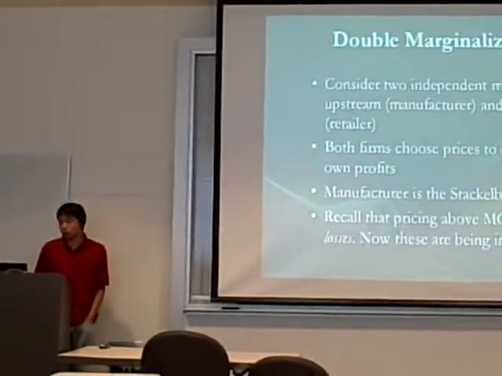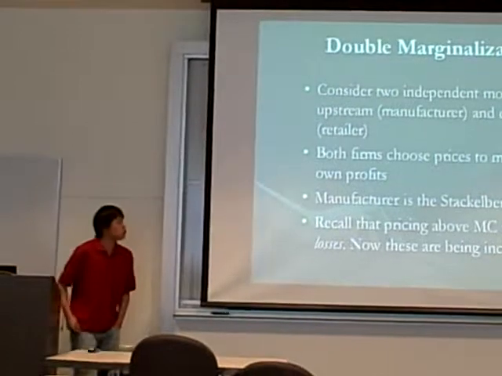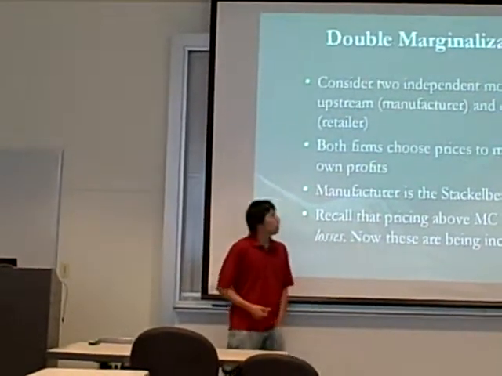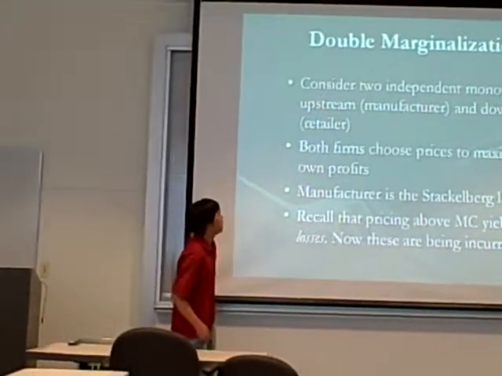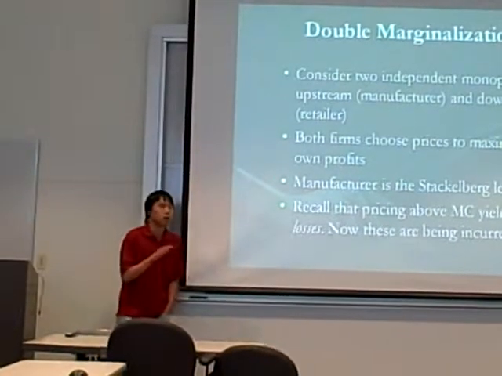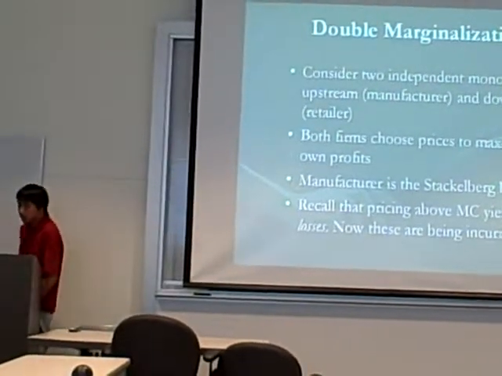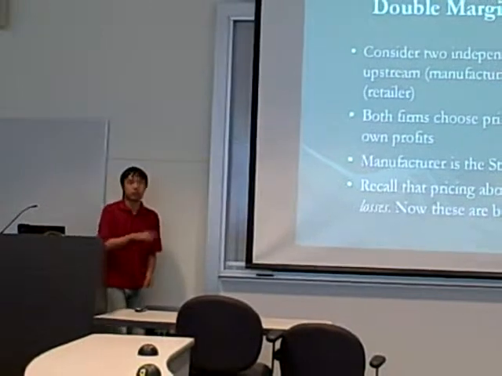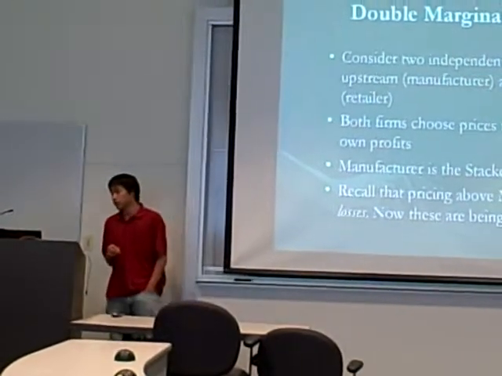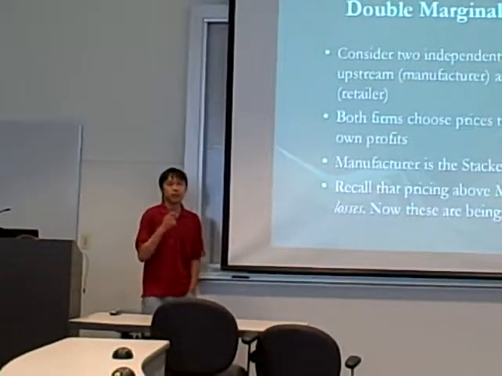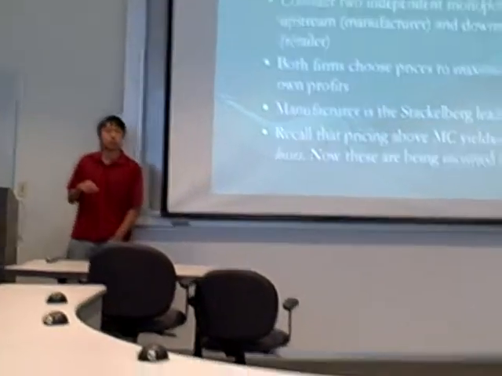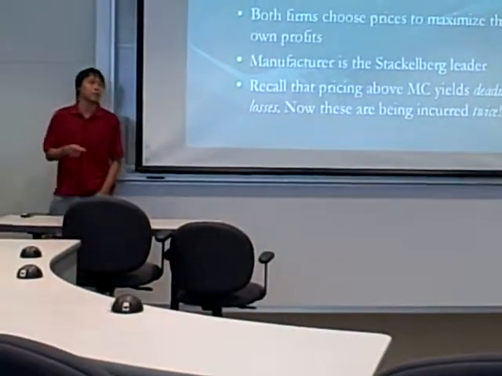First, consider two monopolies. One in the upstream, which is called the manufacturer, and one in the downstream, which is called the retailer. Both firms choose prices to maximize their own profits. The manufacturer is a Stackelberg leader, which means that they compete in Stackelberg competition. First the manufacturer chooses prices in the upstream, and given the wholesale price chosen by the manufacturer, the retailer will maximize its own